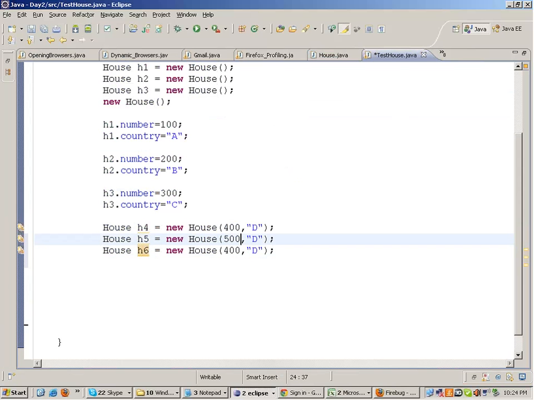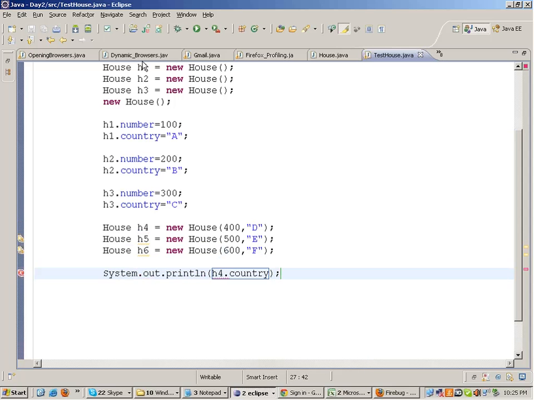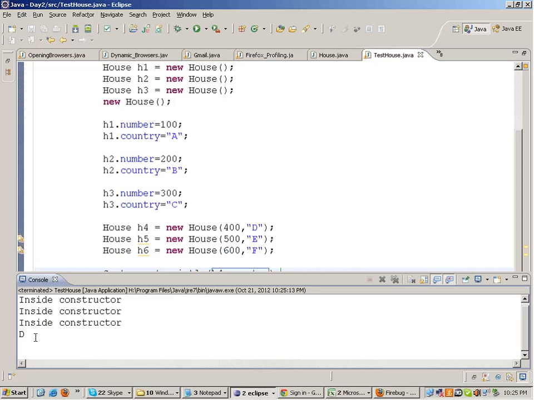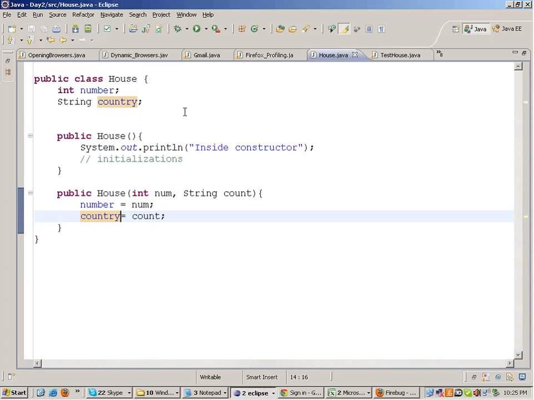So out here I can have different properties for different objects and different countries. If I write over here System.out.println h4.country, it will print 400, it will print D, right? So you can have constructors. This constructor is known as the default constructor.